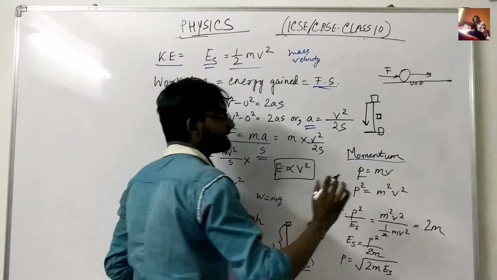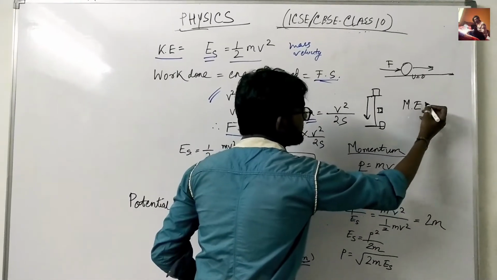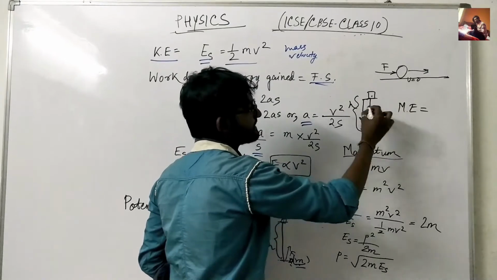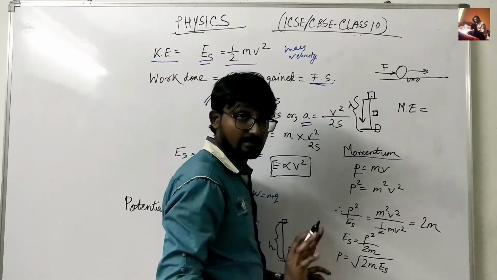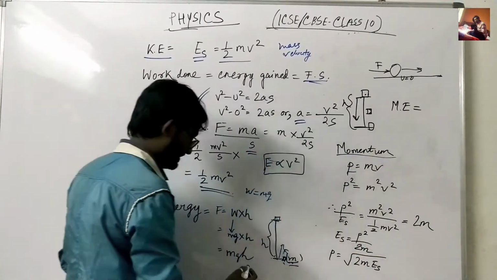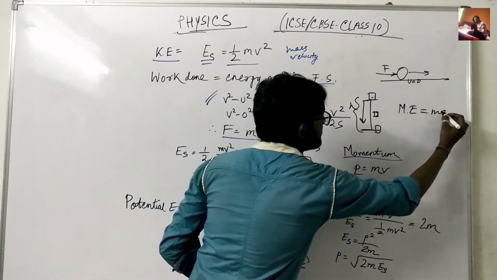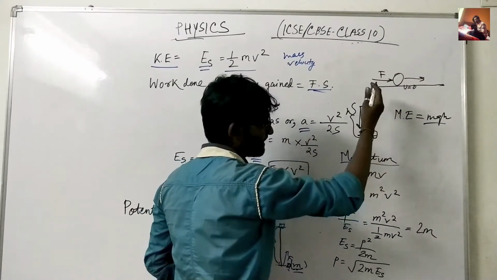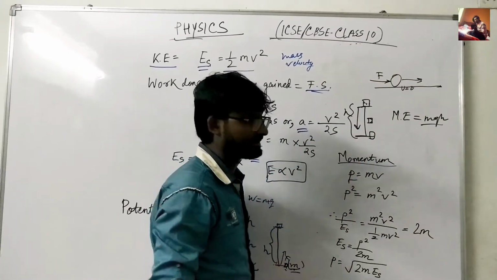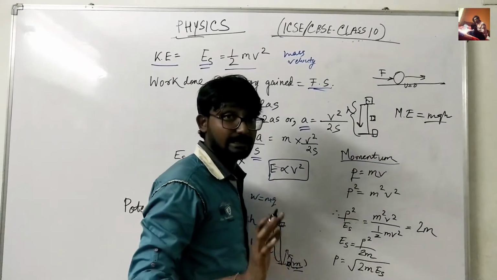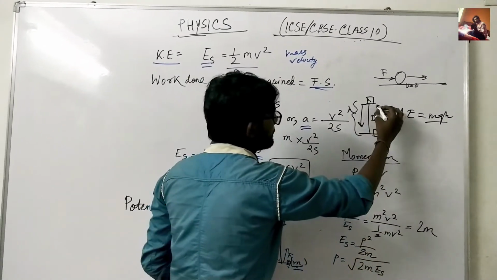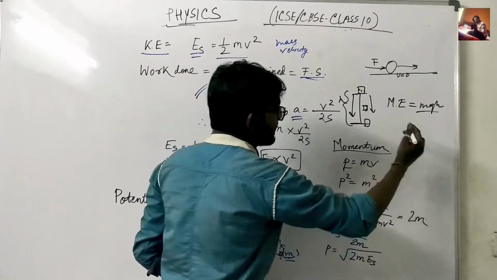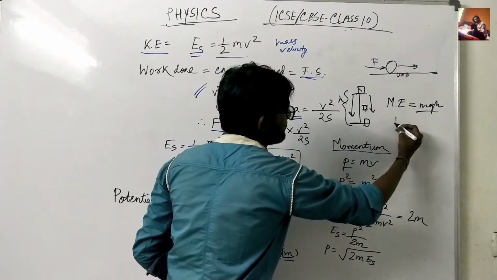The total mechanical energy is the energy that the body is holding. Suppose the body is right now at a height of h. So the potential energy it is having is mgh. The total energy that the body has here is mgh, because it has potential energy and no kinetic energy, since the body is at rest. Now suppose it has come down half the distance. Again, the total mechanical energy is half of this